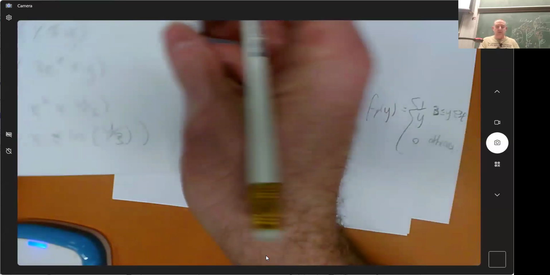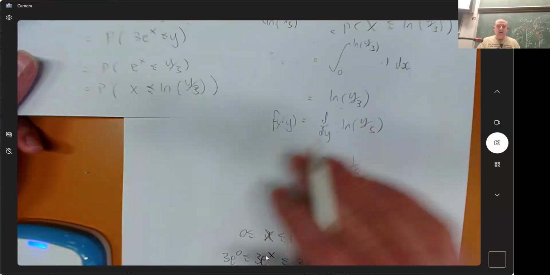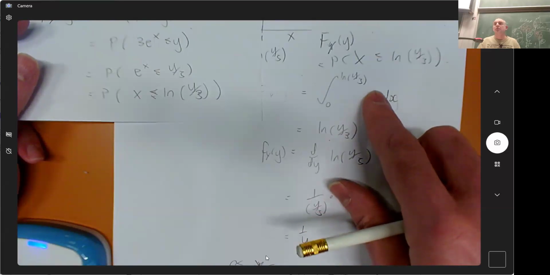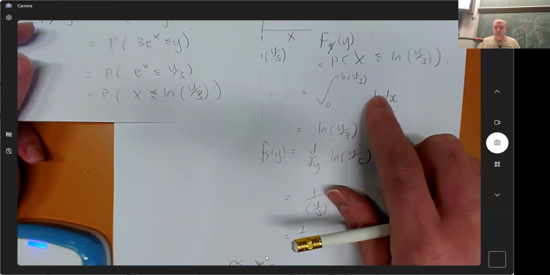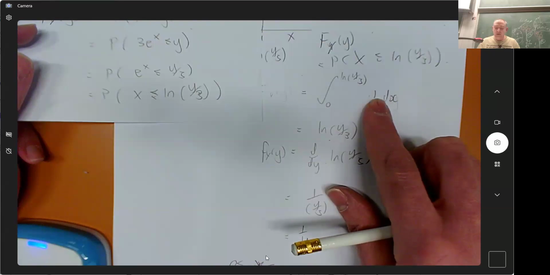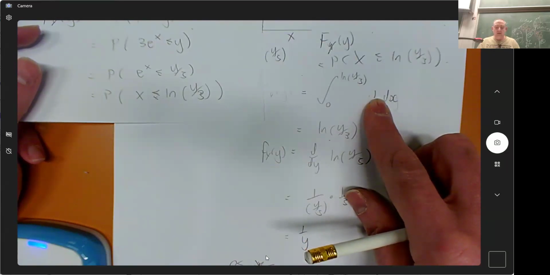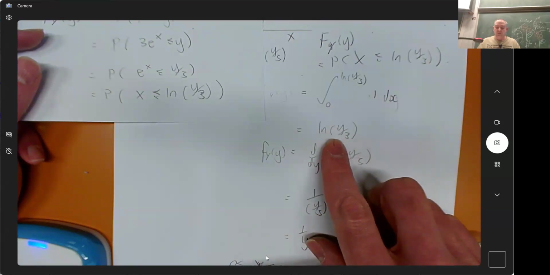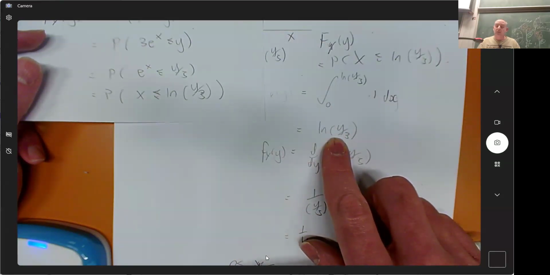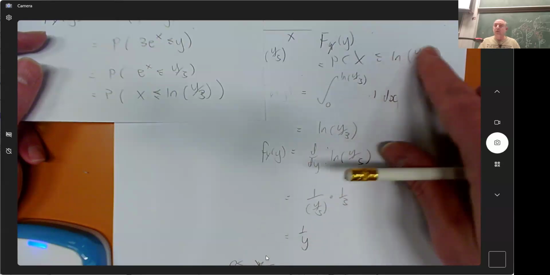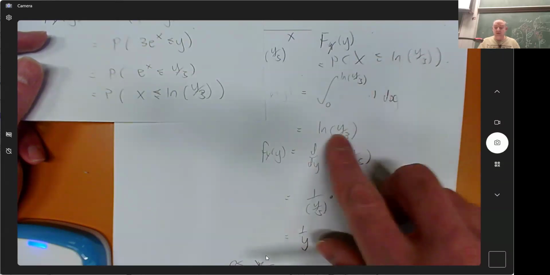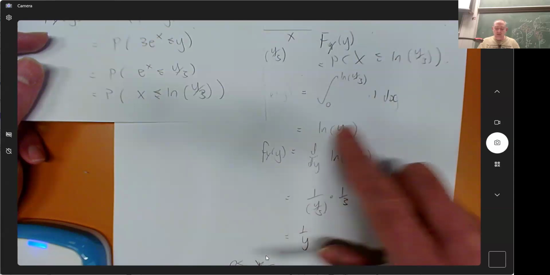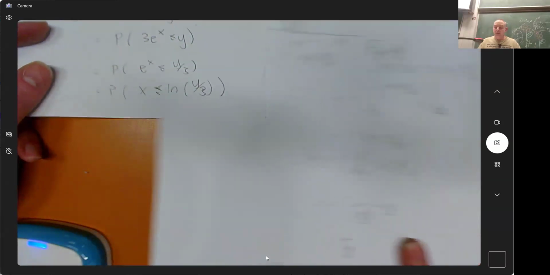And I created my integral of the original function's PDF here. Then I subbed into that h inverse, and then I differentiated that. So when you do the transformation method,